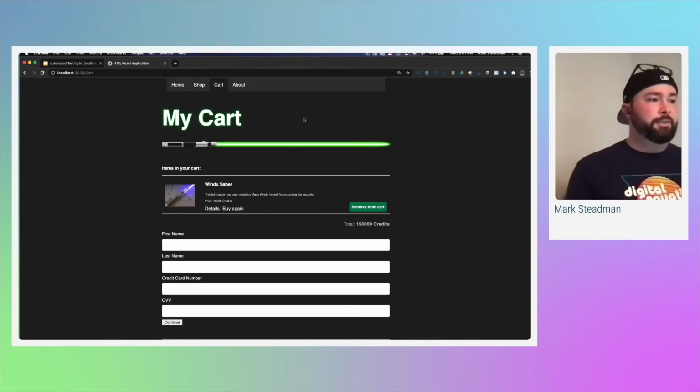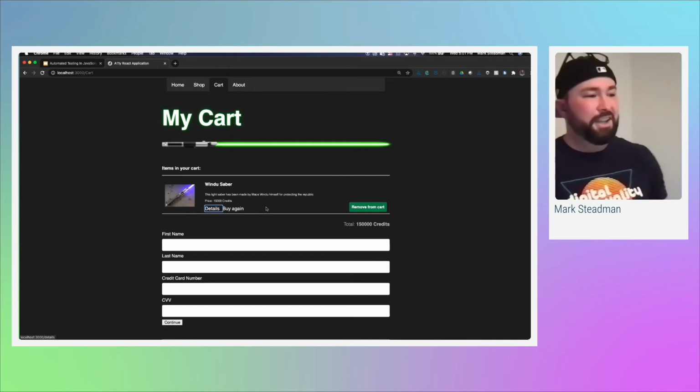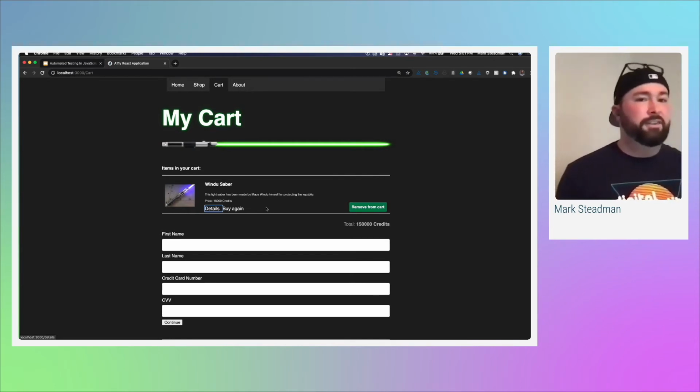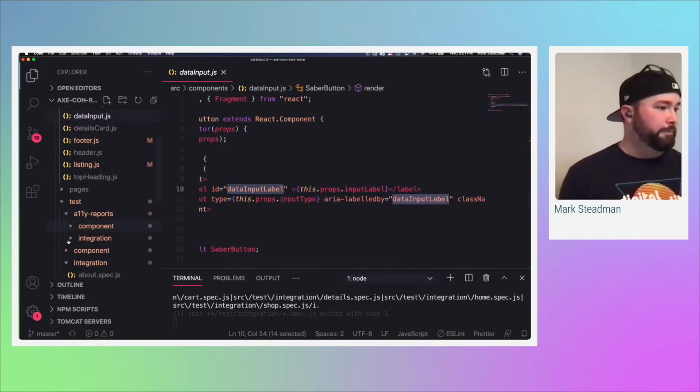One example on this page I was going to show you is when I actually tab to, there's a details and a buy again button when I have an item in my cart. This details and buy again button, what's actually inside of it is pretty interesting. There's no change of context to it. So from an accessibility standpoint, when I actually ran my scan, if I go to my logged output really quick,